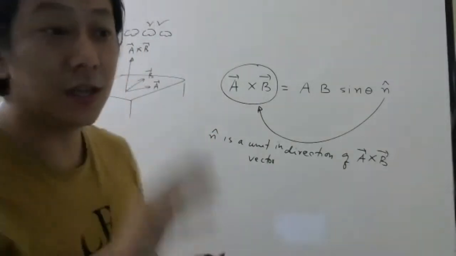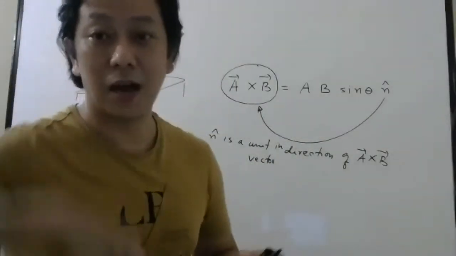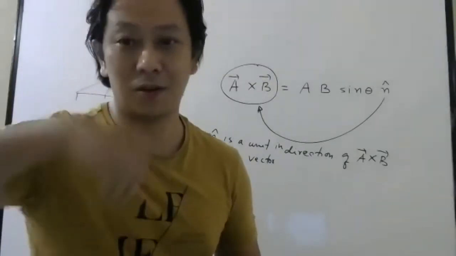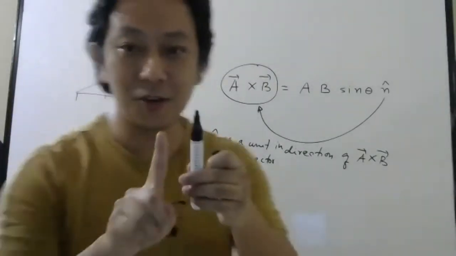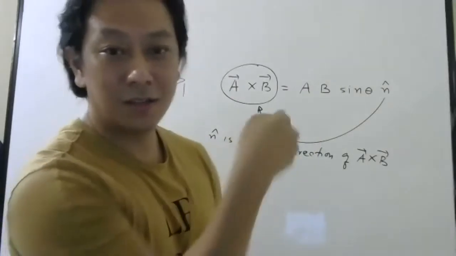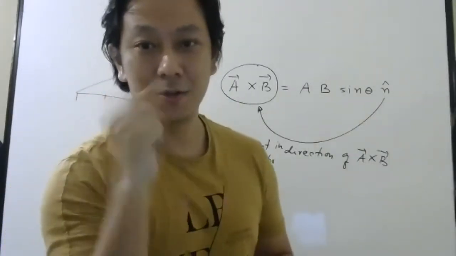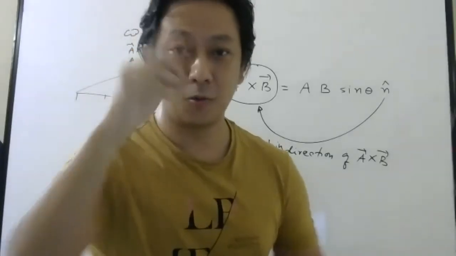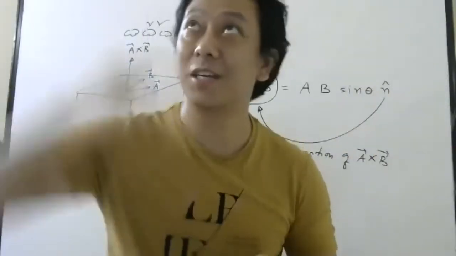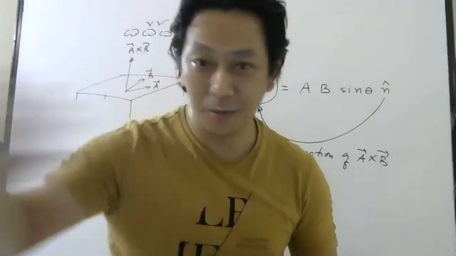So don't think east, west, north, south are up. North and south are not up and down. This is north, this is south, this is east, this is west. So you cannot say this is up. When rain comes, it comes from the sky. It doesn't come from the north side.